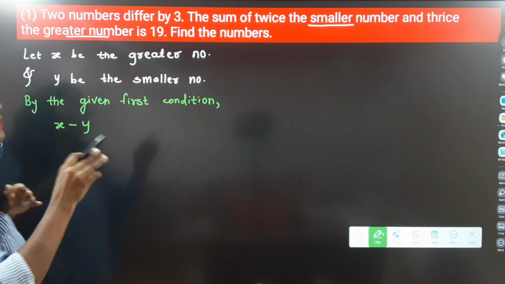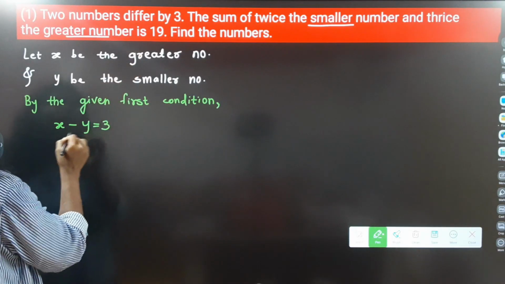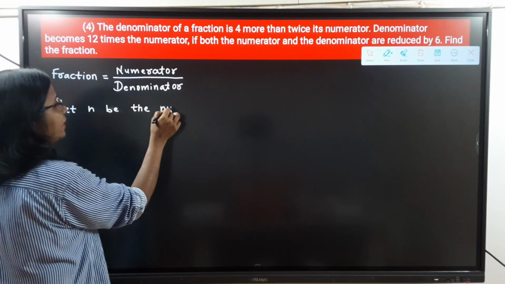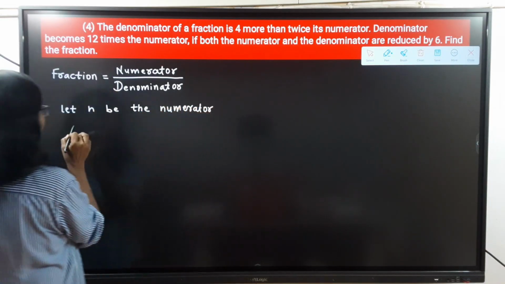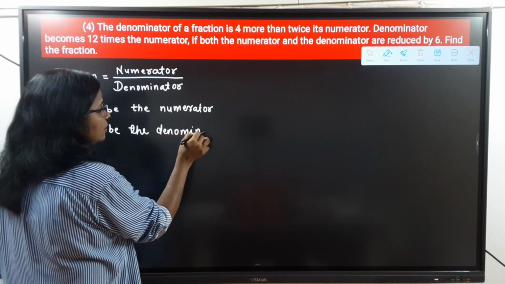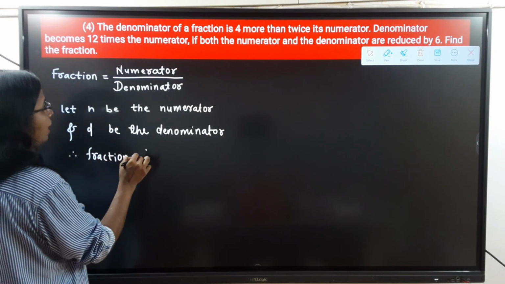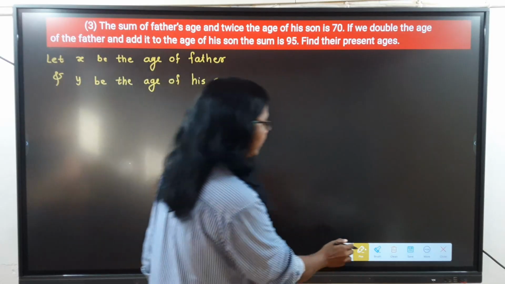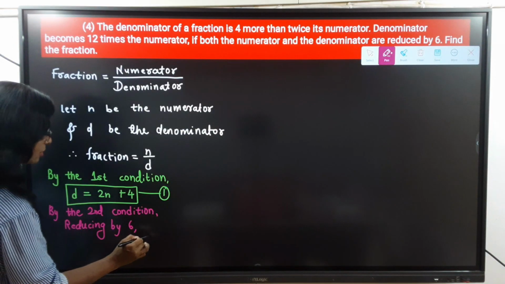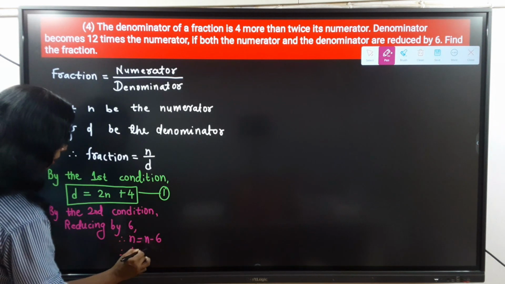Minus y. Two numbers differ means their difference, means their subtraction, is 3. So x minus y is equal to 3. So we say that let n be the numerator and d be the denominator. Therefore, the fraction is equal to n upon d. Now the first condition: by 6, the numerator becomes n minus 6, the denominator becomes d minus